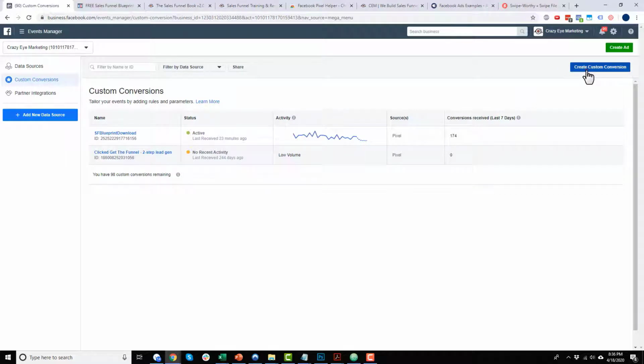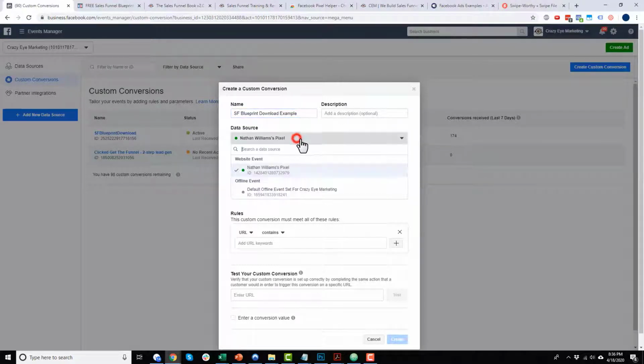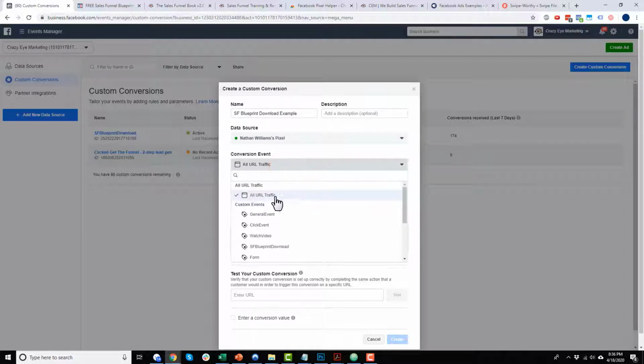So we come up here to create custom conversion, and we go ahead and name it. So SF Blueprint download example. Okay, example. You could go ahead and add a description. Data source, go ahead and select the appropriate pixel that you want to track. And then conversion event. So you could track conversions based off of URLs people land on, but what we want